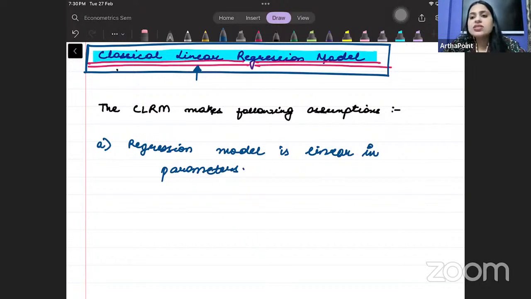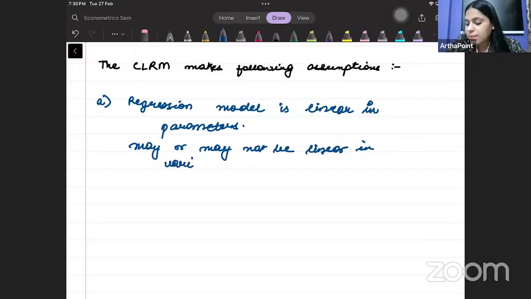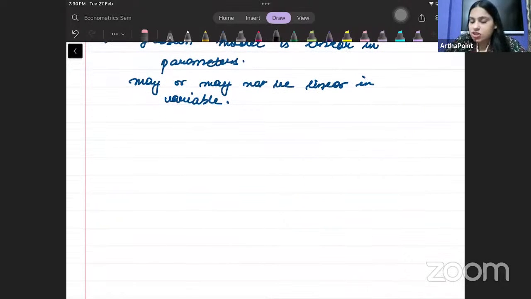The regression model is linear in parameters. It may or may not be linear in variable. ये पैरामीटर में लीनियर होता है, वेरिएबल में लीनियर हो भी सकता है और नहीं भी हो सकता. To give you an example of this, बच्चे, let us go ahead and say yi is equal to beta 1